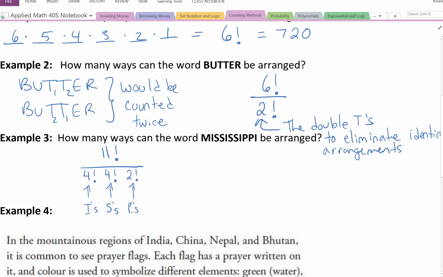And like before, when we first were introduced to factorial notation, this is perfectly okay to write down, but it's important that when you put this in your calculator and you do the math, you put those brackets in there. So get in the habit of doing that right when you're writing out the question, so you don't forget to do that when you put it in your calculator. Punching that in, I realized for example 2, sorry, I didn't write the answer there, that was 360. And then for example 3, punching that in, you get